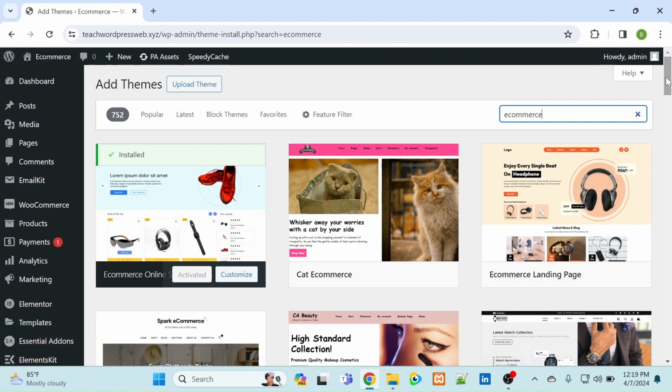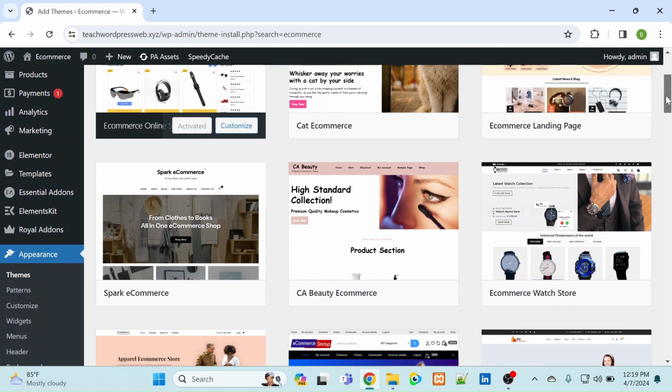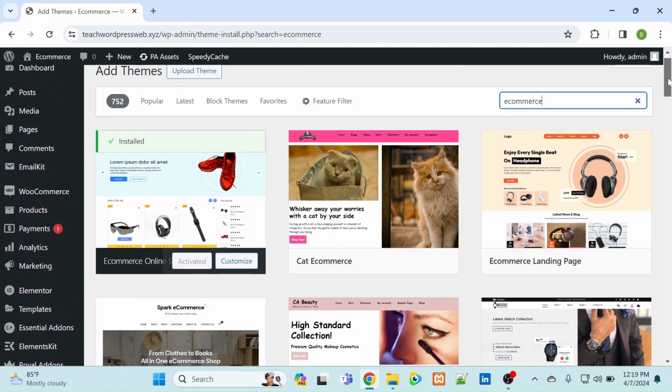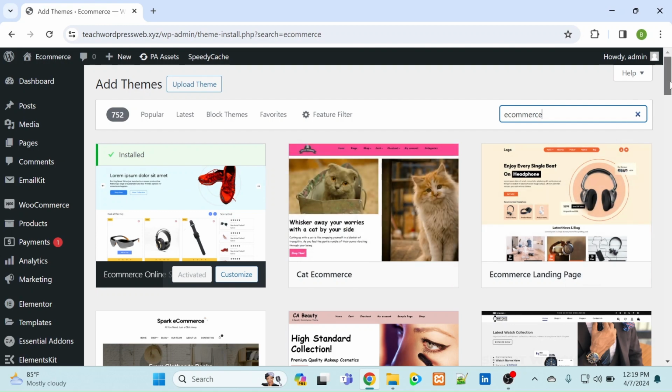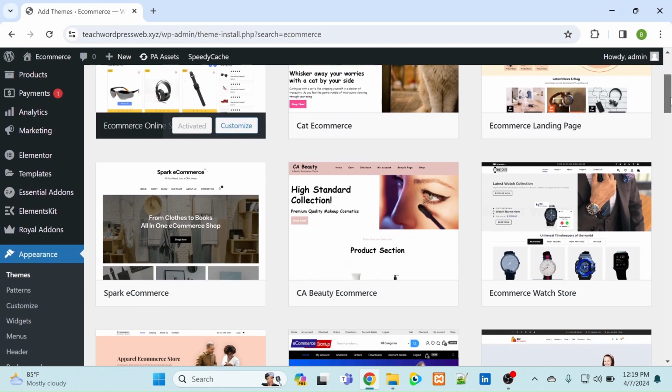One of those plugins is Elementor. So I can choose any of the e-commerce themes here and still use the Elementor plugin to change the view and make it look unique. So it doesn't really matter the kind of theme you choose. As we go ahead, we are going to learn how to use the Elementor